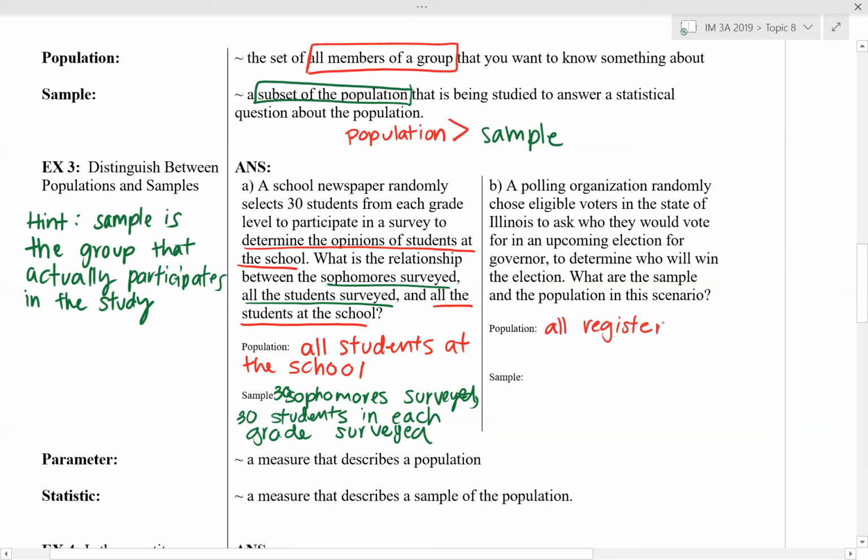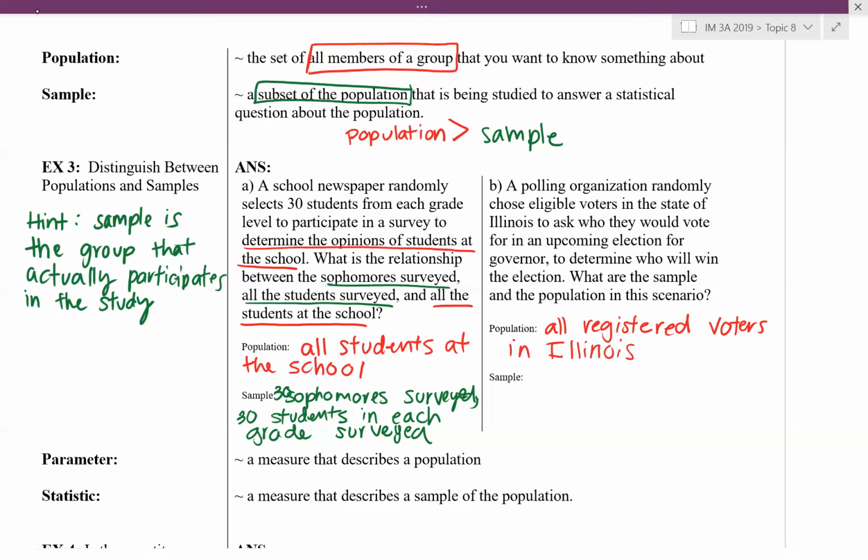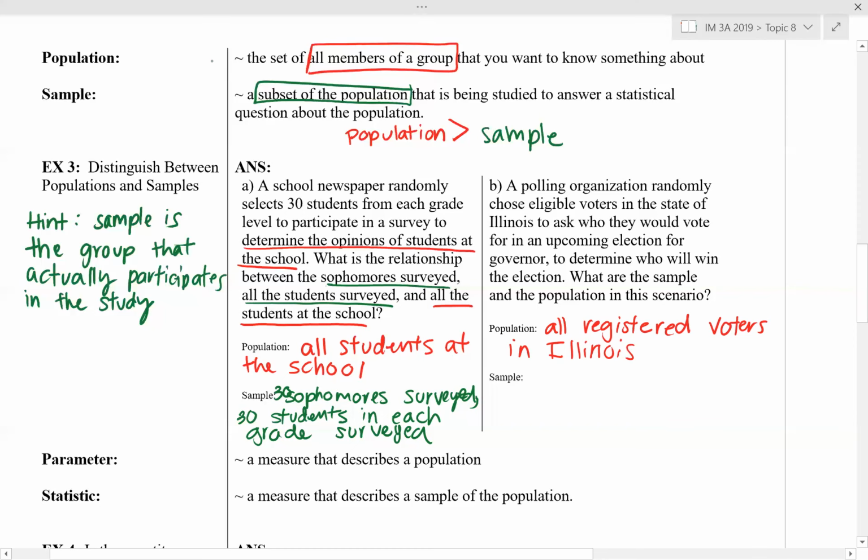Right, so those are the people that vote for the governor. So when I'm conducting a survey to determine who I think will be the governor, I am predicting what all of the voters in Illinois will vote for. And so then, this doesn't really give us a number, but it just says that they randomly chose eligible voters in the state of Illinois to ask. And so really it's just that eligible voters